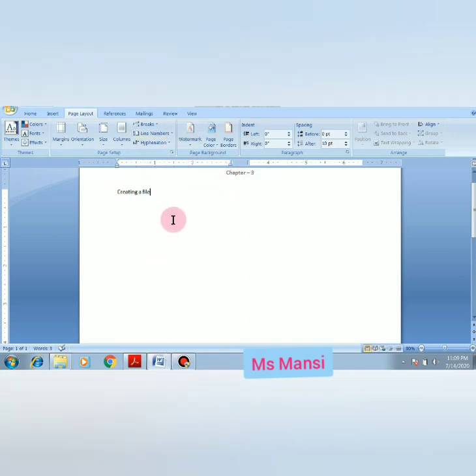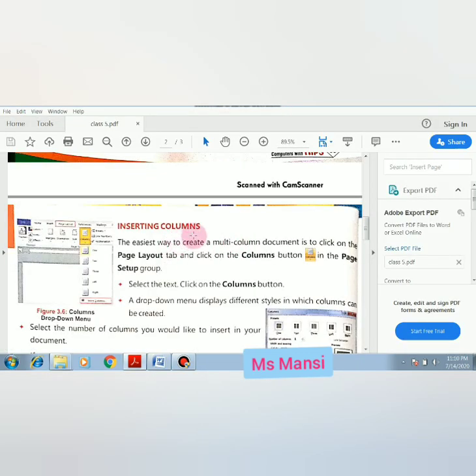This is your first column and this is your second column. Clear? This is the way how to insert a column. The easiest way to create a multi-column document is to click on the page layout tab and click on the column button in the page setup group. I already discussed this with you.